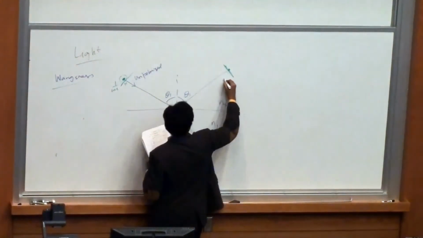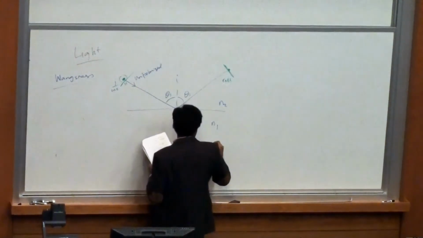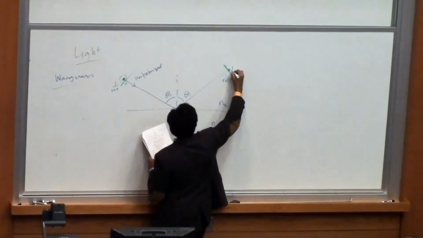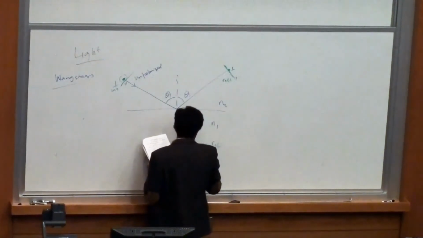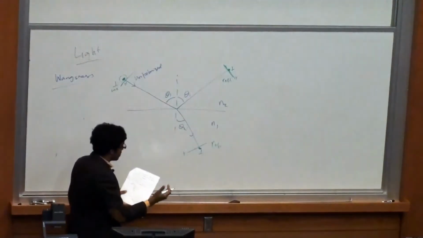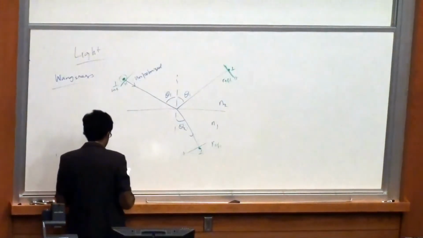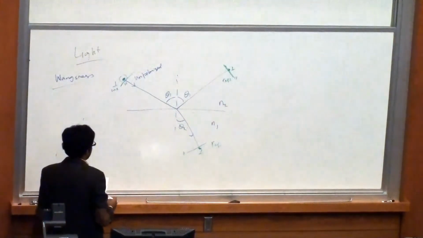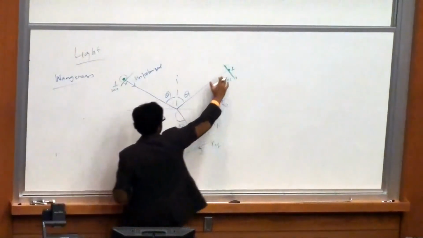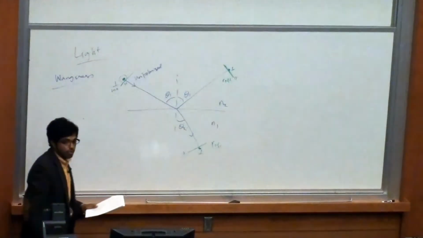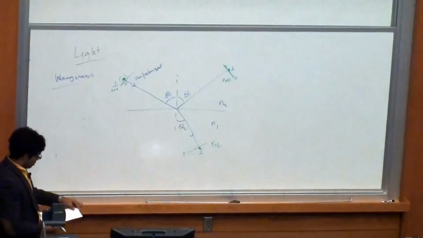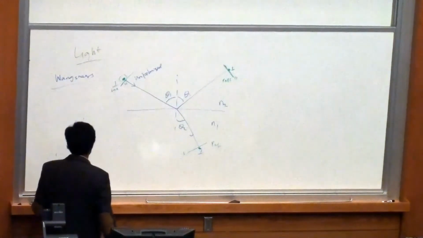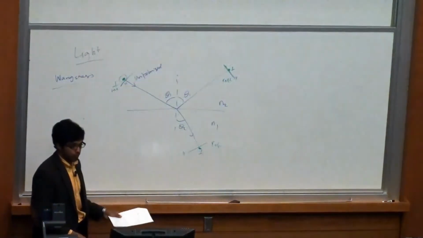So this is my reflected, and this is my refracted. Again, this is my perpendicular one, this is my parallel one, perpendicular, parallel. This is perpendicular to the plane I'm looking at, and this is parallel to the plane we're looking at. Notice both components are perpendicular to the direction of propagation. So from the incident plane, the incident light is not polarized, so there's no preferred direction for the